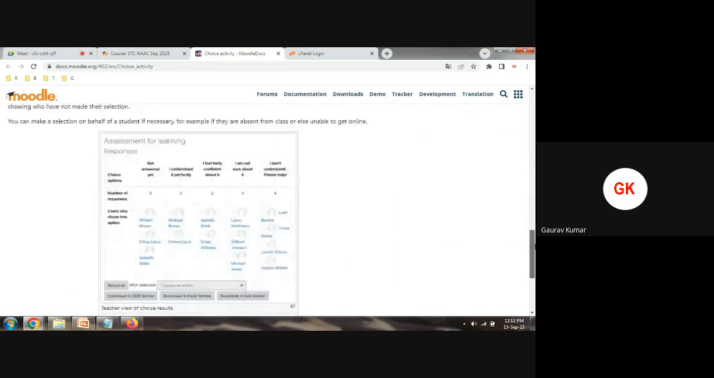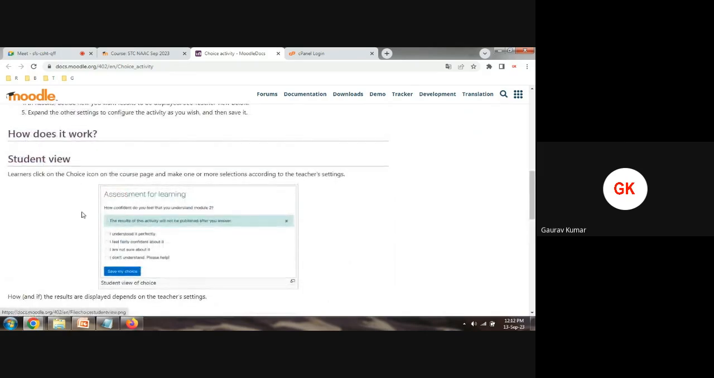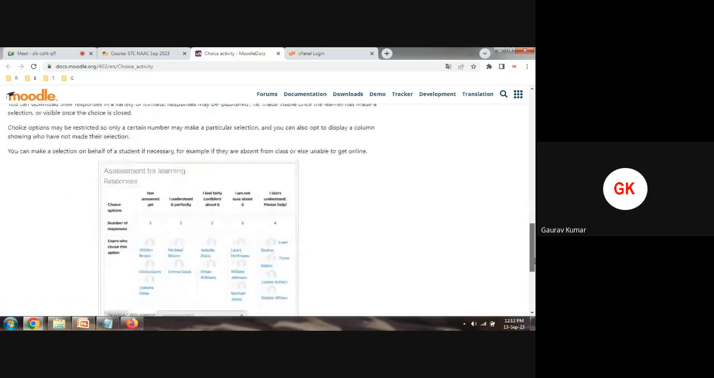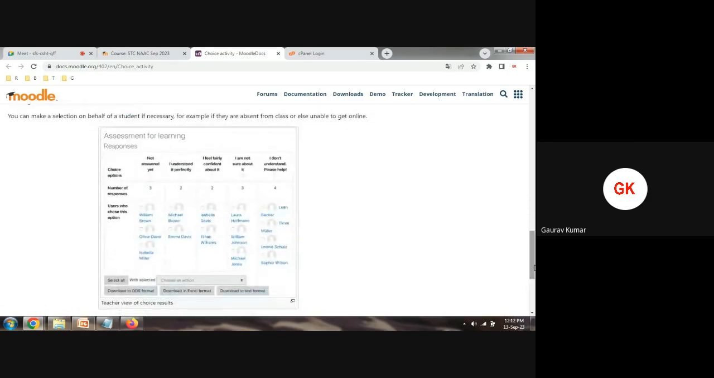So you can see in teacher view. For example, this is the question: how confident do you feel that you understand module 2? Okay, this is the question, and these are four options. I understood it perfectly, not sure, or some other options. So this is the teacher view. So teacher will get responses in this format. Okay, how many students have not answered? So I am opening it